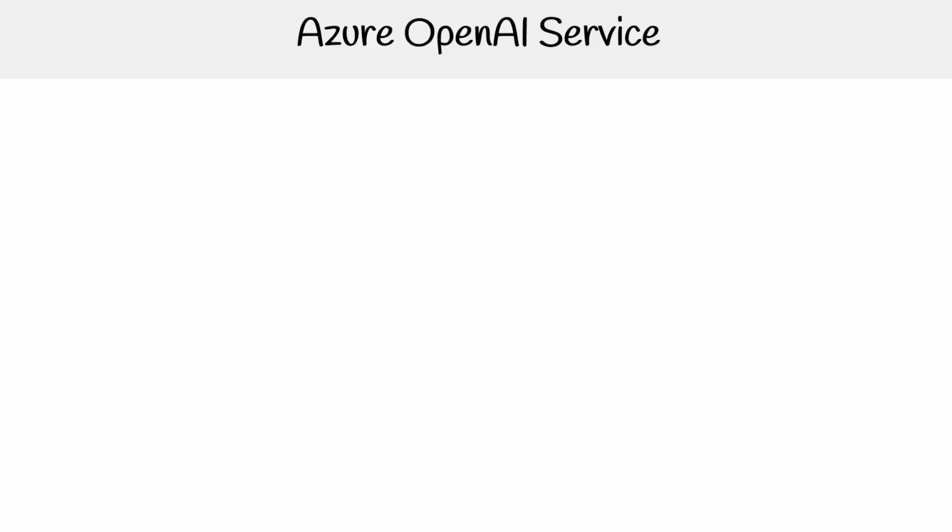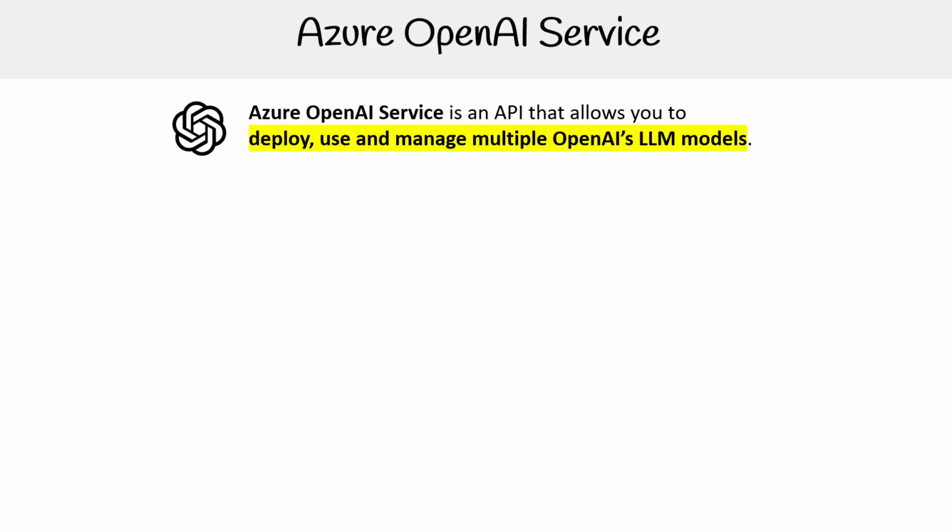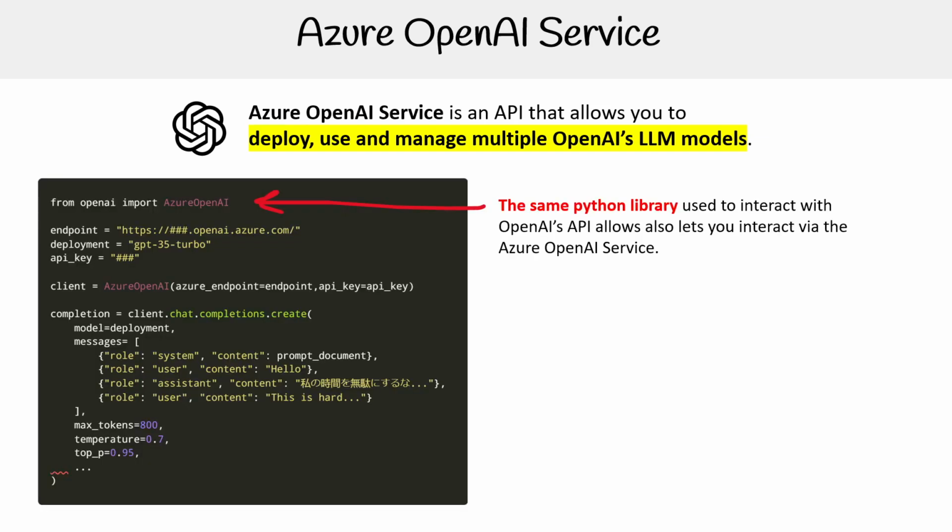Let's take a look here at Azure OpenAI Service, which is an API that allows you to deploy, use, and manage multiple OpenAI large language models. And so the idea is that once you spin up the service, you'll have an API key, you'll have a few different endpoints. And what's really interesting that I found out when utilizing this is that the OpenAI Python library,